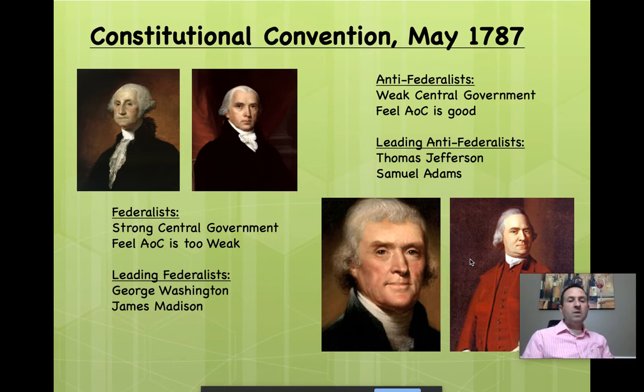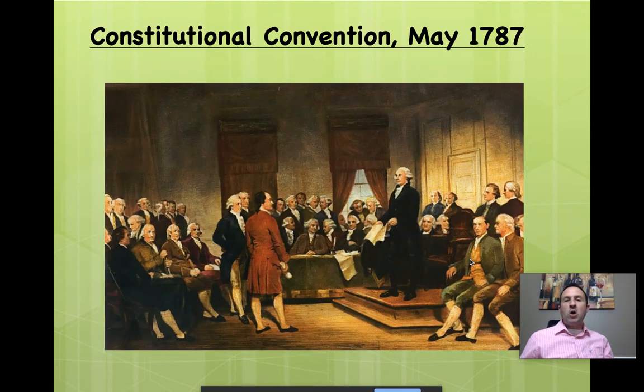But nonetheless, all these founding fathers, Anti-Federalists, Federalists alike, gather together and decide that we need to do something. So they gather together and they hold what's called the Constitutional Convention in May of 1787. Now, this picture is kind of, well, not correct because there are some anachronisms. Number one is that the windows you see there were never opened because these founding fathers did not want the public to have any idea what was going on inside.